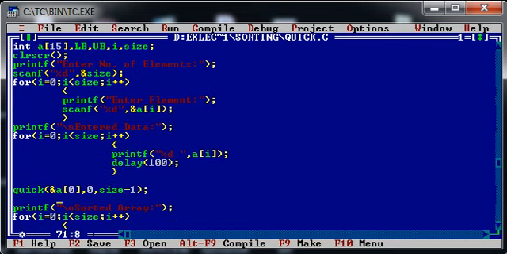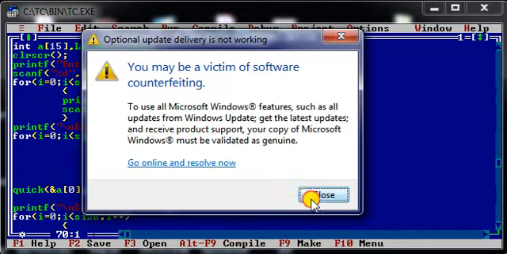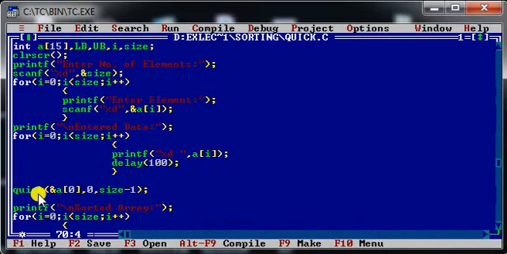At the same time, you can see I have called a user defined function for this particular algorithm, that is quick, in which I have passed the address of the first element of my array. Instead of this statement, you can simply write a also, which will represent the starting address of an array.